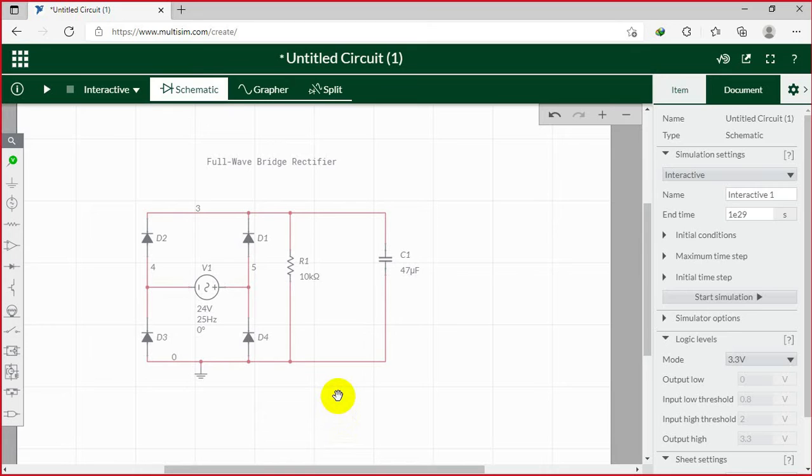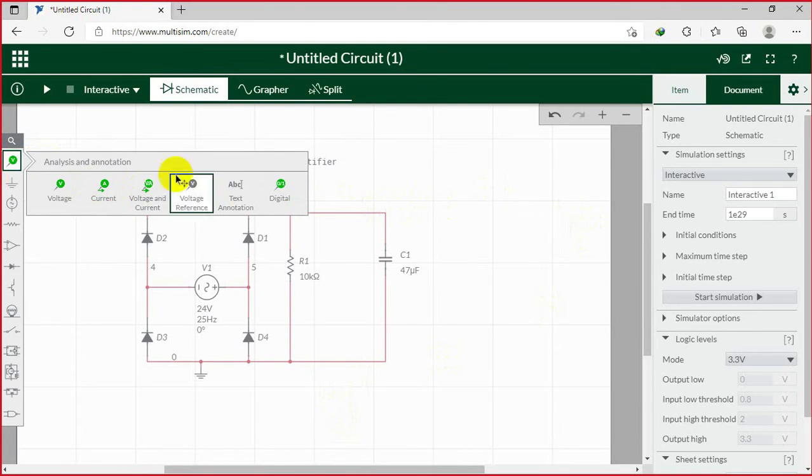There are 4 diodes. Now place a probe at the output of the load to measure the voltage,